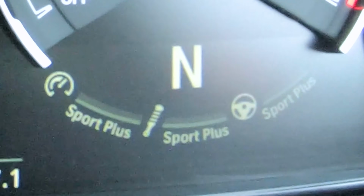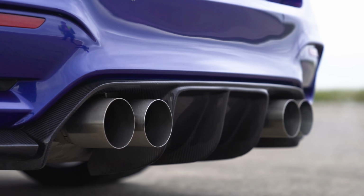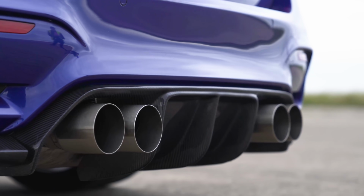Now before we race, I'm going to do the obligatory Carwow sound check. Going to kick it off with this car. It's in its sportier setting. Let's give it a jolly good revving. Oh, those new downpipes and the removal of the front cats make it sound awesome. And there is no rev limiter here, people, just